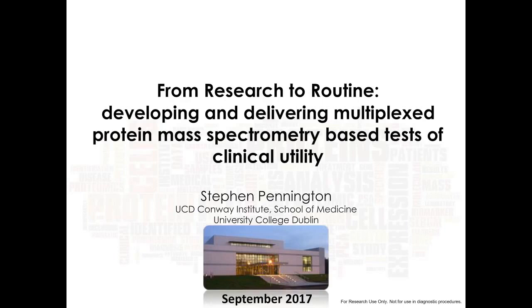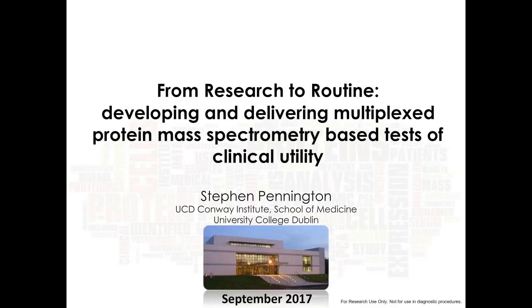He has given over 200 invited presentations at international events, published over 80 scientific papers, edited and contributed to several books, including editing one of the first books on proteomics that was translated into Chinese and Japanese. Steve has held roles as a committee member in the British Society for Proteome Research, currently Vice President, and the European Proteomics Association. He served as the lead organizer of the recent annual World Congress of the Human Proteome Organization,